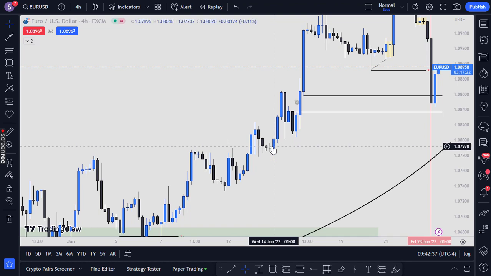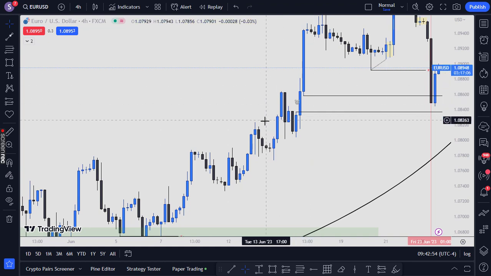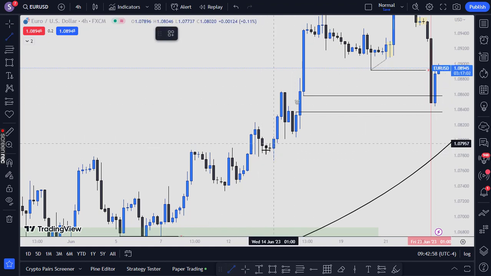The market makers do a fake market structure shift. I know that this doesn't look like a fake market structure shift, but if we go to the 15-minute time frame or the 5-minute, you will see that this is a big displacement to the downside. All right, guys, that will trick uninformed traders from participating in this move, and they will create liquidity for the market makers. So we took liquidity from this low